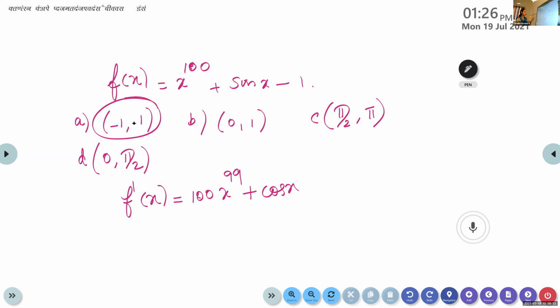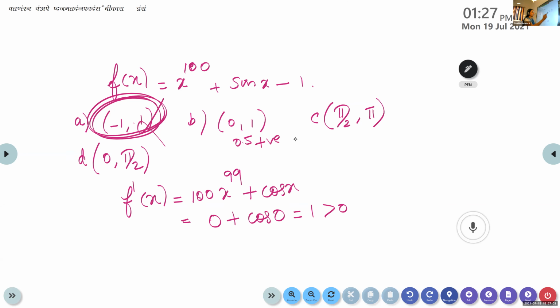Okay, for the 1 mark question, no need to move that elaborately, children. Listen, 1 second. You take a value in this interval. I'm taking 0. When you put 0, what will you get? It is 0 plus cos 0. Cos 0 is 1, positive. It is greater than 0. Therefore, this interval is not possible. Now you take the next interval, 0, 1. Between 0 and 1, we can take the value 0.5. Substitute it. 0.5 is a positive number. When we take the power 99, it will again be positive. Cos 0.5 is also positive. So in the second case also, it is positive, isn't it?